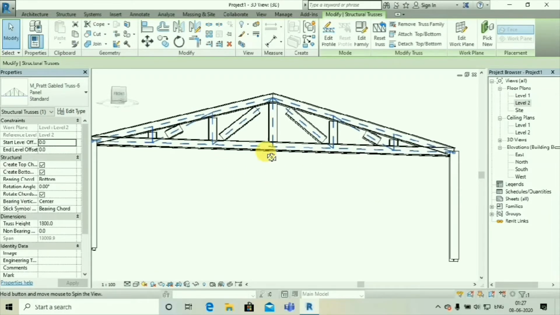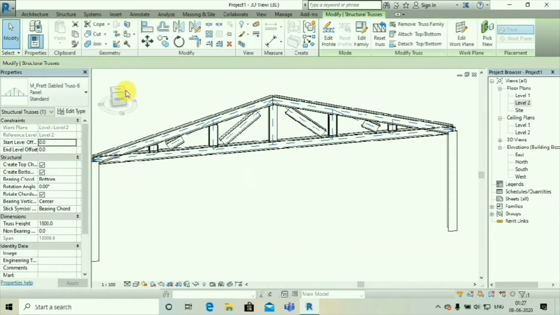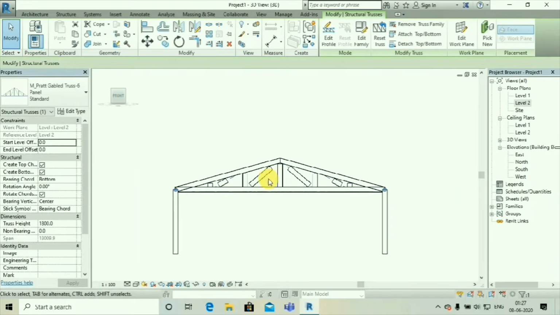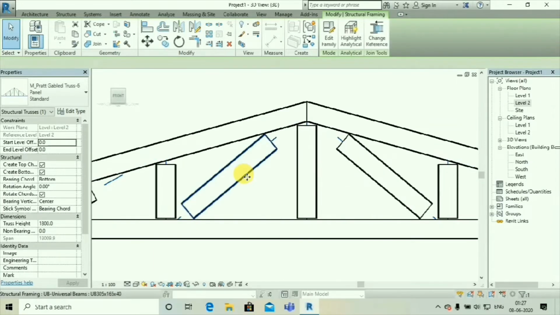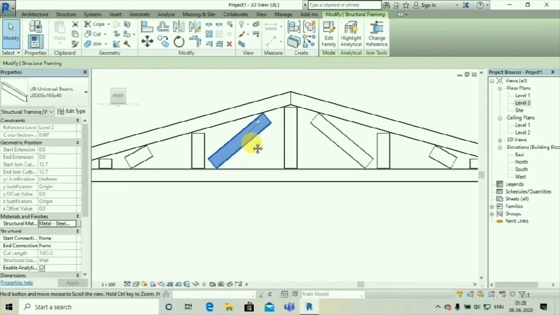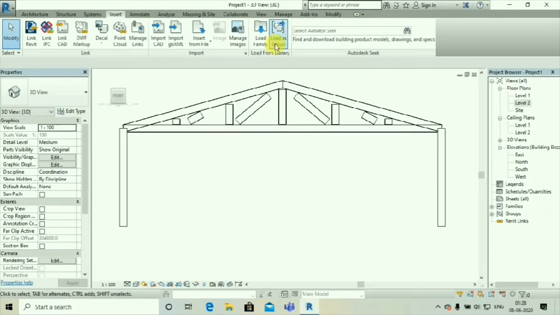This one. Click on tab and then click with your mouse. This is a universal beam, right? So for editing purposes we also need the universal beam.